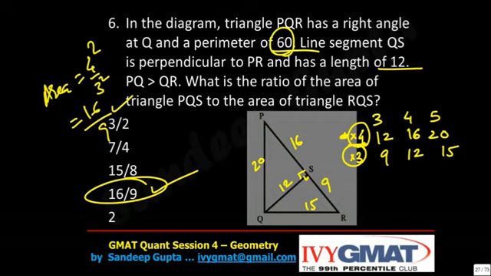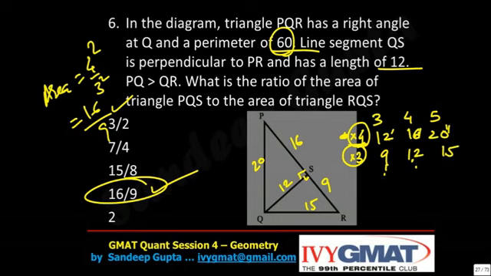Multiply one side by 4, multiply the other side by 3 and you are getting the ratio of areas. The side ratio here is clearly 4:3. So each of these, 12 by 9 is 4 by 3, 16 by 12 is 4 by 3, 20 by 15 is 4 by 3. So the sides are in the ratio 4:3, areas have to be in the ratio 16:9. That's the other approach. If not this, then there are other approaches as well. It's not just the end of it. What could be the other approach?